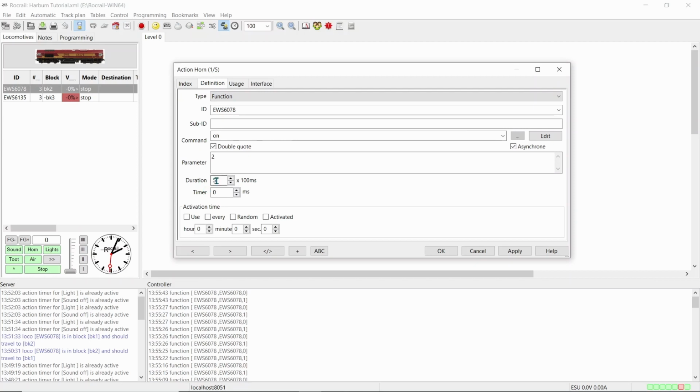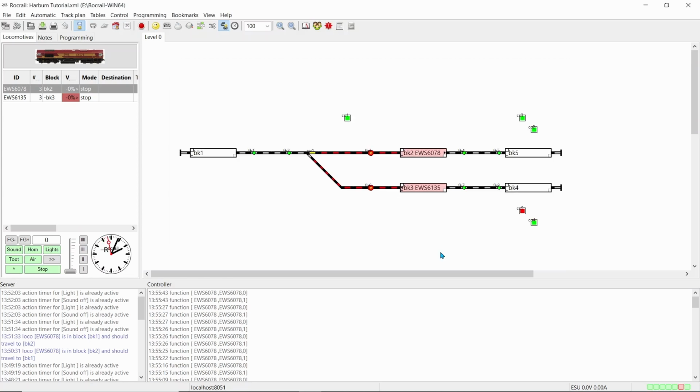In there I put a duration of 5 milliseconds, so let's change that to 10. That should cure the double sounding horn. If 10 doesn't work, you can try another number such as 20, 50 and so on, depending on how your loco works and how the layout is going. So apply and OK.